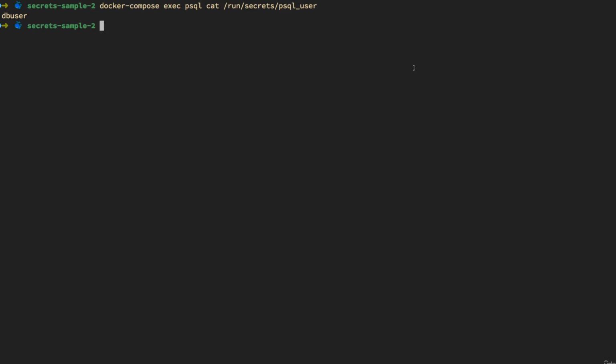Well, it's not magic. It's just hiding behind the scenes that what's actually happening with Compose is not secure, but it does work. It basically bind mounts at runtime that actual file on my hard drive into the container. So it's really just doing a -v with that particular file in the background. Again, this is totally not secure and it's not supposed to be. It's just a way to get around this problem and allow us to develop with the same process and the same environment variable secret information that we would have in production, only now we can do it locally too,